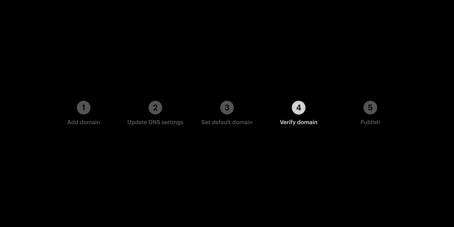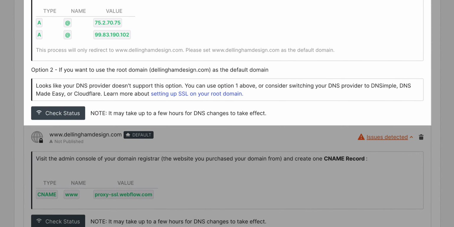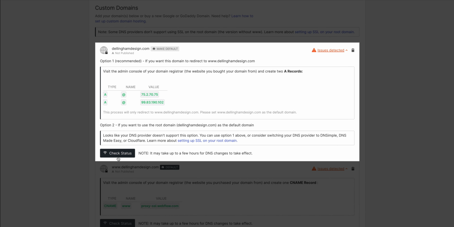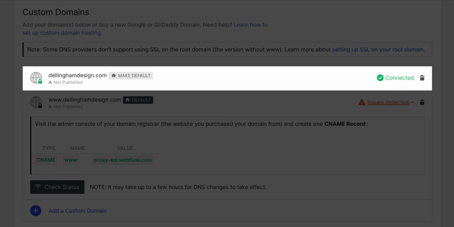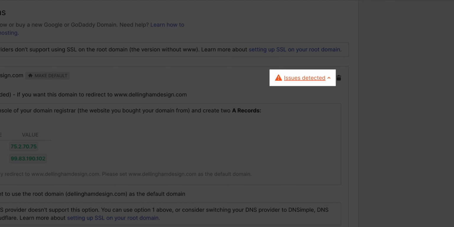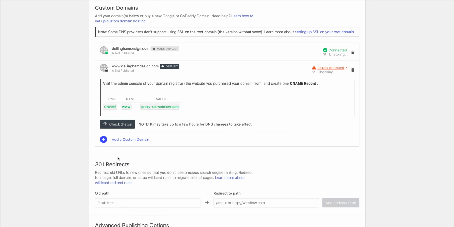Step 4, it gets even faster. We can go ahead and check the status of our domain. On our A-record configuration here, let's press check status. And of course it works, it's connected. Again, it could take a few hours for domain changes to propagate or go through. Sometimes this isn't ideal. It's how DNS works on the web. If it does say issues detected on this one, give it a few hours and check again to make sure it's updated and is working fine.